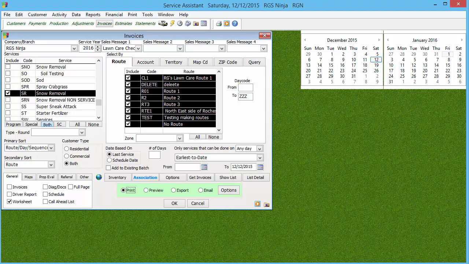So when I call up and say, okay, what are you using to pull your invoices? Well, you might not pull invoices, and that's fine. You might say, well, actually, I'm doing a lawnmower worksheet. Okay, cool. Well, let's go ahead and go to the invoices screen. Again, we're still going to the invoices screen, but we're generating that worksheet.